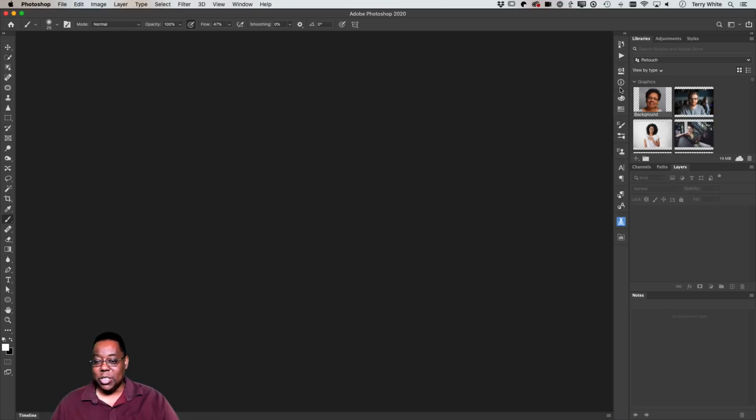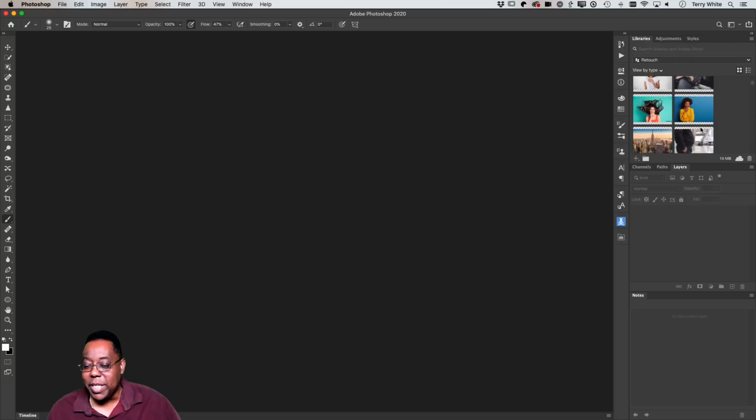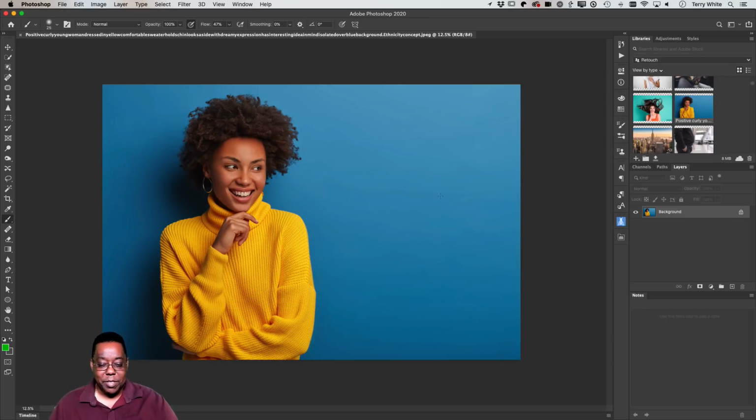Second, and this is one of the most overlooked features of Photoshop, is that if you don't know how to do something, or you don't know where something is, let's go into this one. So I'm opening up a stock photo just to have something open. So I got the stock photo open, and I would love to select her with the new object select tool. I don't remember what that tool looks like.